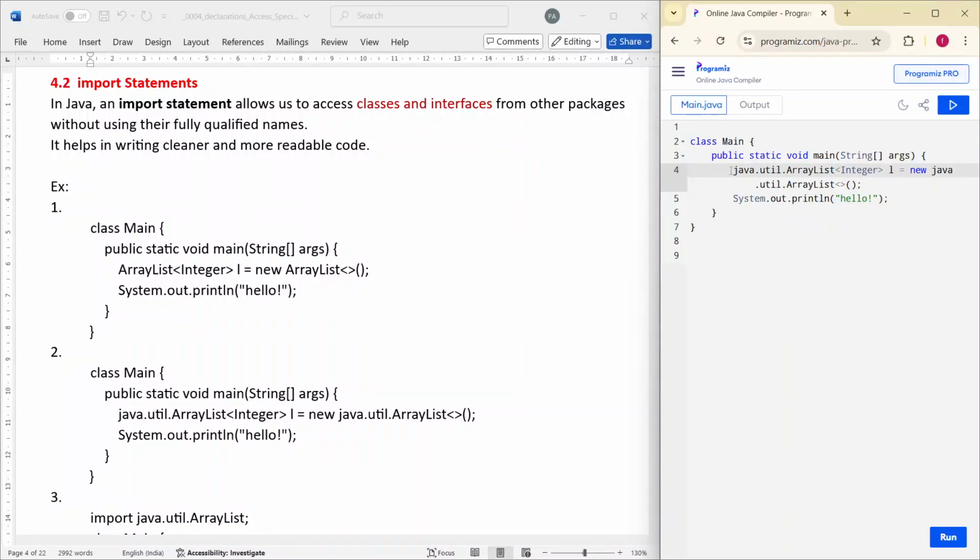But here, this fully qualified name reduces the readability. It is a bit confusing. Writing java.util.ArrayList every time is difficult. So in order to reduce this, we remove the fully qualified name and import the package in the first line. Import